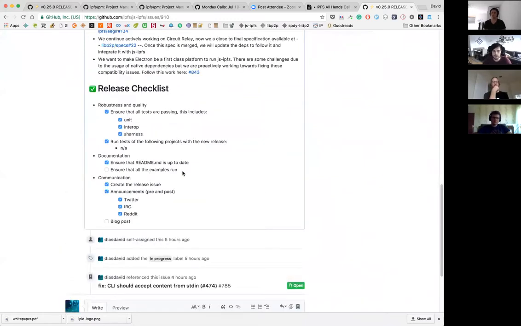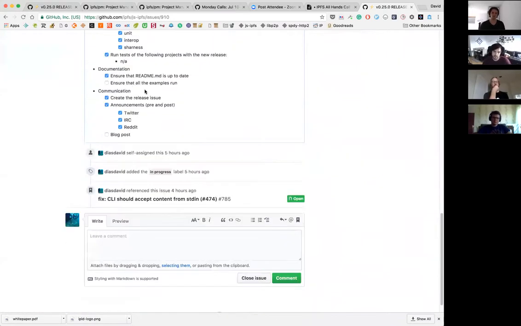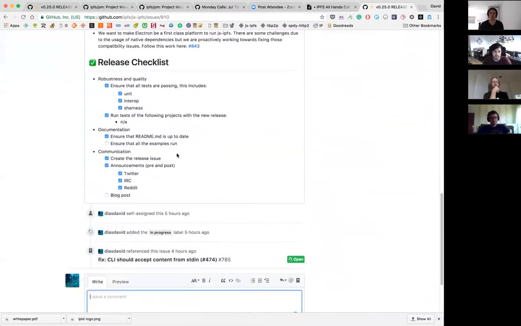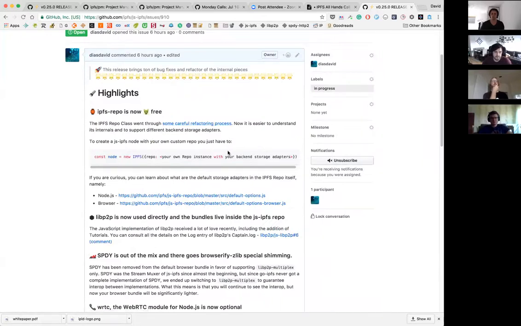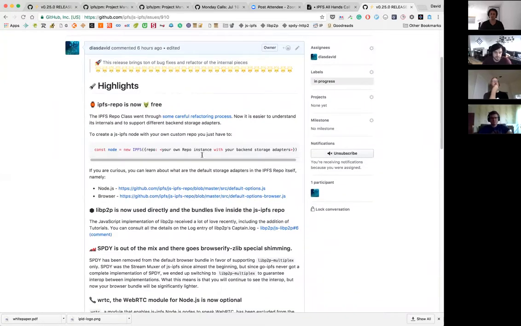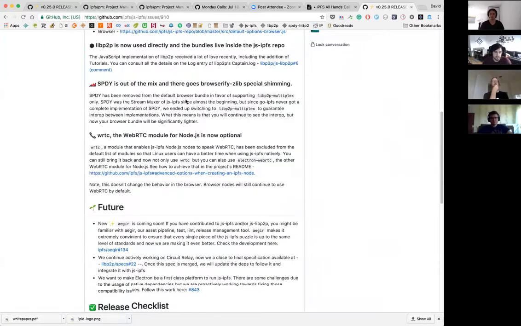And yeah, if you have an app using just IPFS, it would be great if you could list it here, because if the app is open source and it has tests, I'll be more than happy, when releasing just IPFS, to go and try to run your tests, or even just open an issue on your project to say, hey, we are going to release a new version of just IPFS soon. You might want to try it before, so that you know what you need to migrate. And yeah, it's more of a maintenance release. It includes a lot of bug fixes, and it brings the new peer-to-peer. And yeah, essentially that's it.